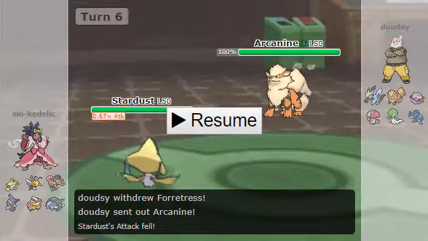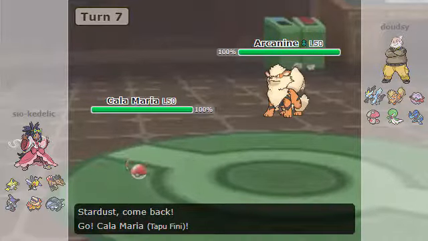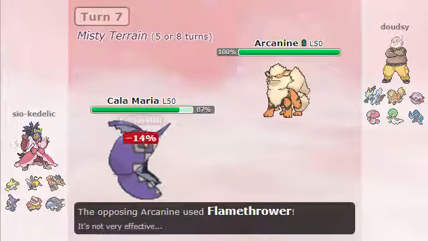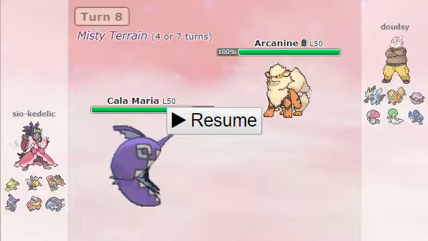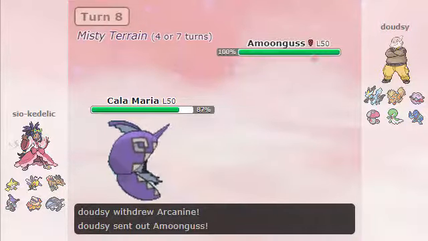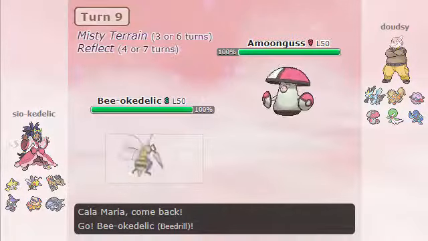This time I believe I'm going to make the right switch and just go straight into Tapu Fini. I figure if he just reads me super hard and goes for a wild charge here, then GG, I guess. But he goes for Flamethrower, and obviously that doesn't do anything because it's resisted and does a ton of damage. So I'm just going to get my Reflect up now. It doesn't really help against the thing that comes in, but it does help me against the rest of his